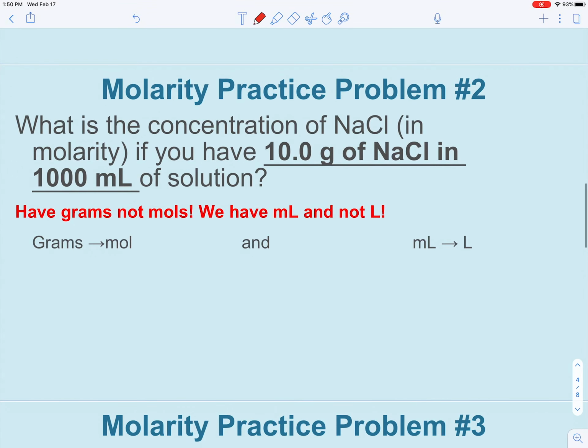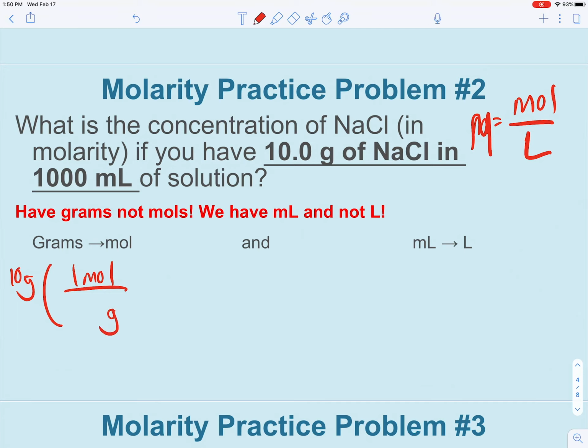In our second practice problem, what is the concentration of salt, NaCl, if you have 10 grams of NaCl, sodium chloride, in 1,000 milliliters of solution? So here, a little different. Remember, our formula is moles over liters. Capital M is moles over liters. We don't have moles here, we have grams. So I'm going to take the 10 grams, and we're going to convert it to moles. So we need moles of